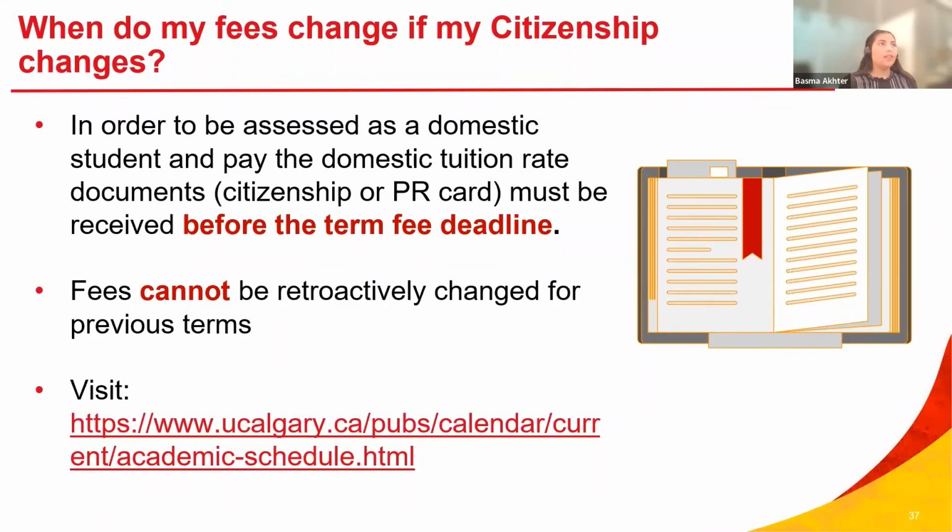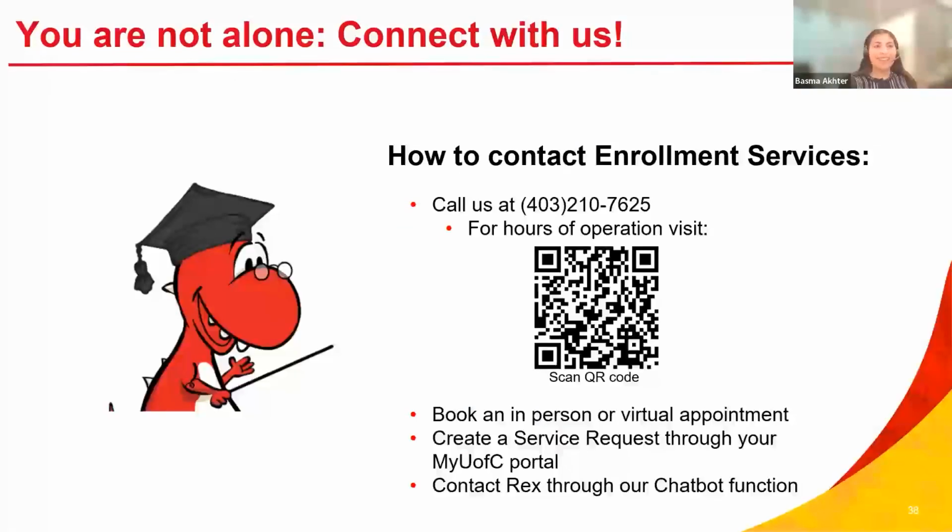And then now that I've mentioned our team a million times, I do have the contact information finally for Enrollment Services. So you can give us a call at 403-210-7625. I've listed the QR code for our website here because I thought if you're watching the recording afterwards, it would be easier to just scan the code and go to the website. But make sure you're checking the hours of operation before you give us a call, just so that you know